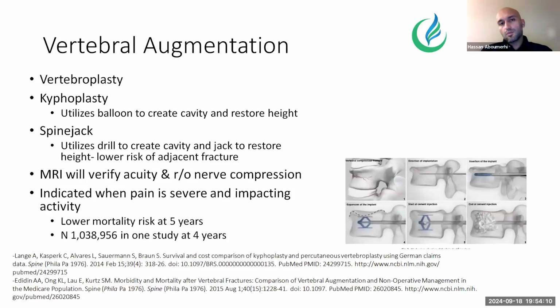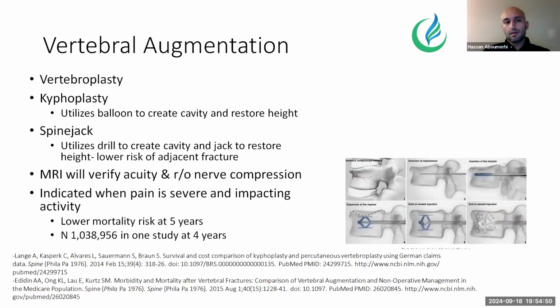Vertebral augmentation refers to a group of interventions that we do to repair broken vertebrae, in essence. There's a couple different ways to do that. Vertebroplasty refers to just going into the vertebral body and placing cement at that broken vertebrae. Kyphoplasty refers to the use of a balloon to create a cavity first before placement of the bone, with the concept of restoring height. And then SpineJack actually uses jacks instead of a balloon to restore height in